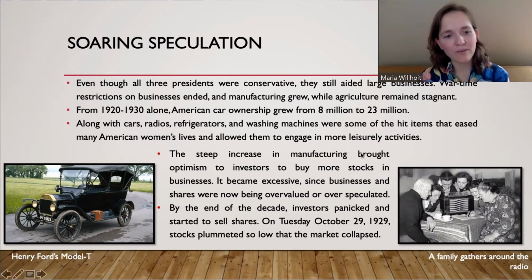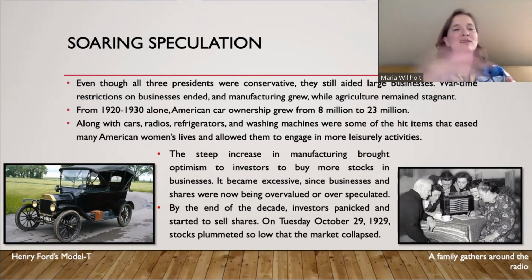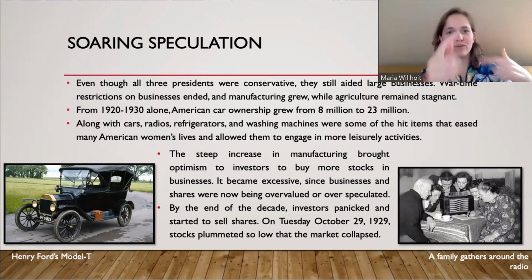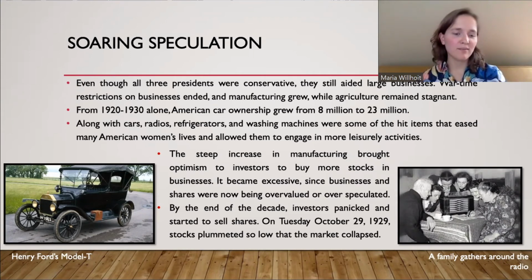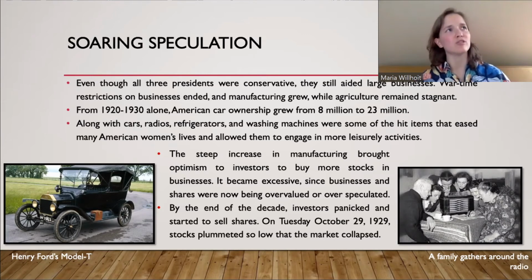And here we have Henry Ford's famous Model T. This was the car that was invented in 1909. It was the first car that could be assembled in a factory. You didn't need unique little parts. It was a factory made car. And it was popular for, I think, like 25 years. I think it was in production from 1909 to 1927, a very long time.